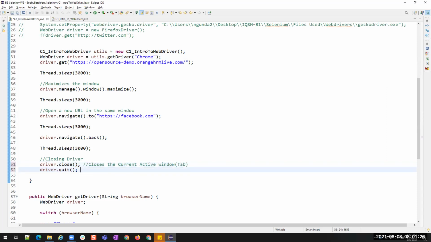And driver.quit completely kills the driver object, which means it closes all the tabs and the driver object. Understood? Is that clear?